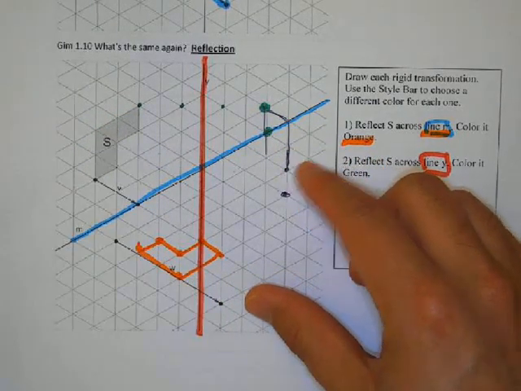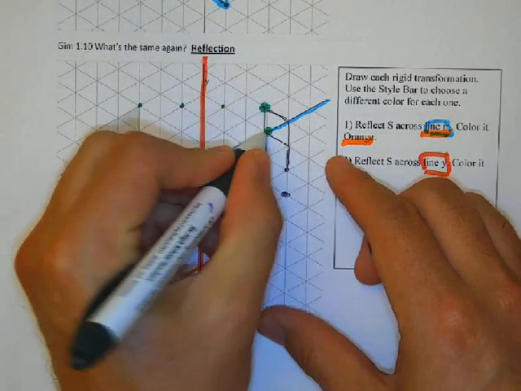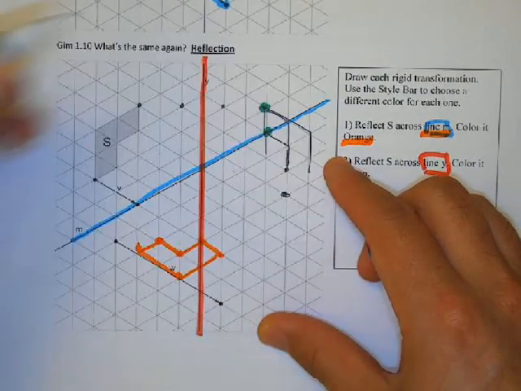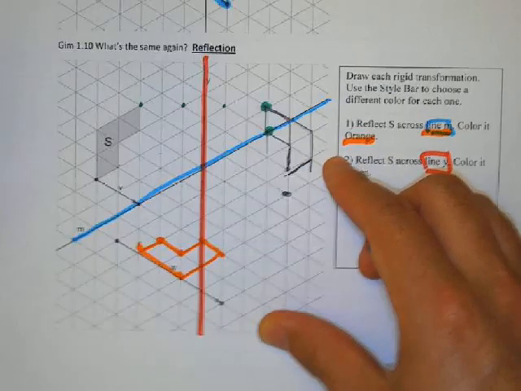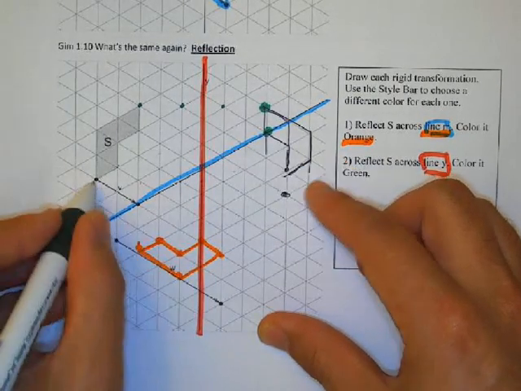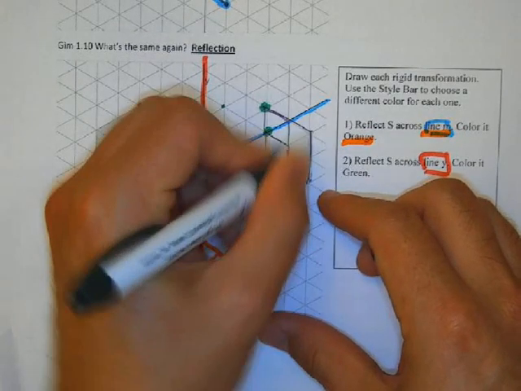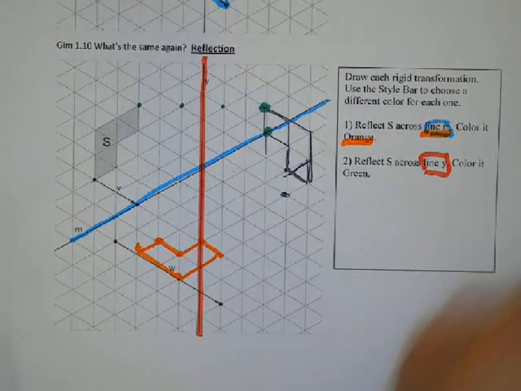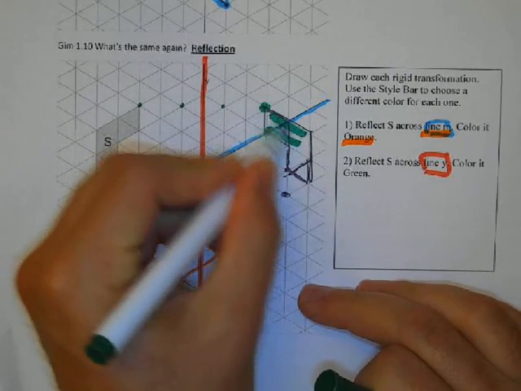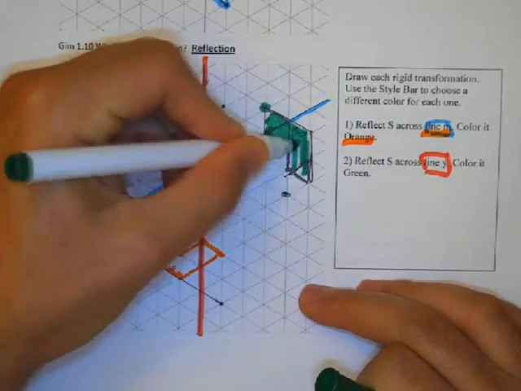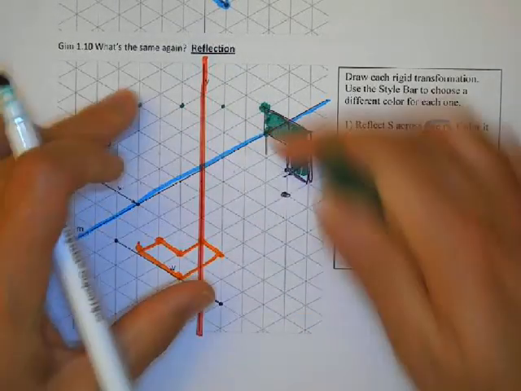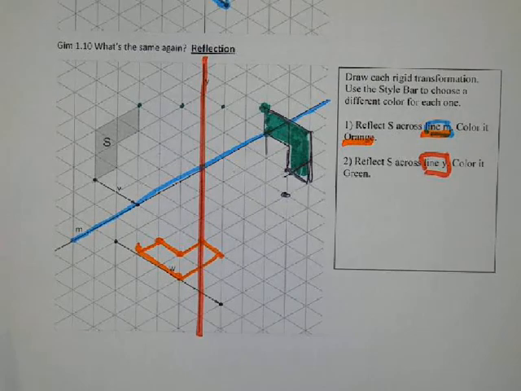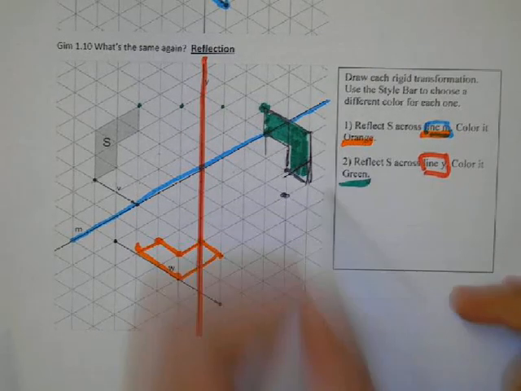Oh, I think it goes this way. Not so simple, is it? Oops. No, I messed up again. Yikes. Okay. Takes some practice, doesn't it? Even teachers can have troubles. Does that look right? Yes. There it is reflected, and I did it in green. Then the next example we did